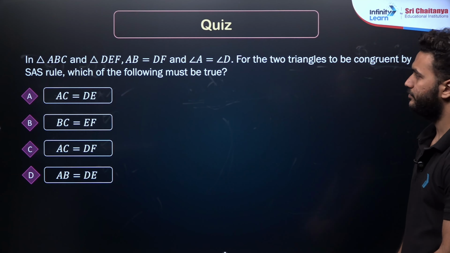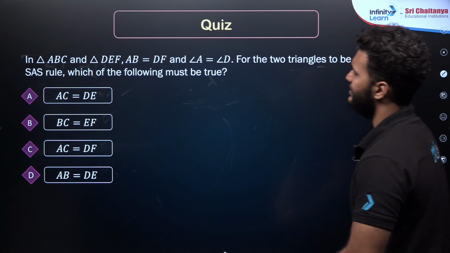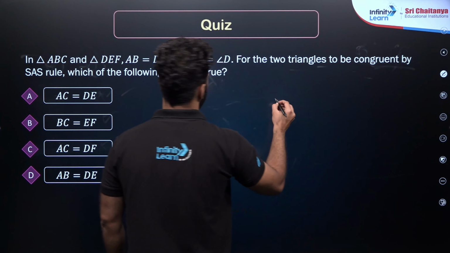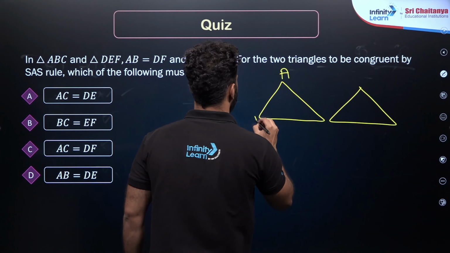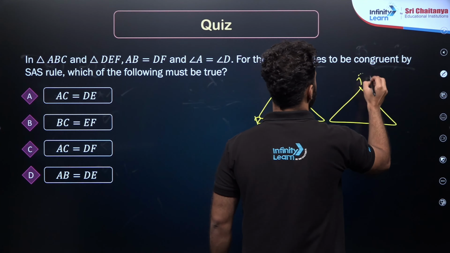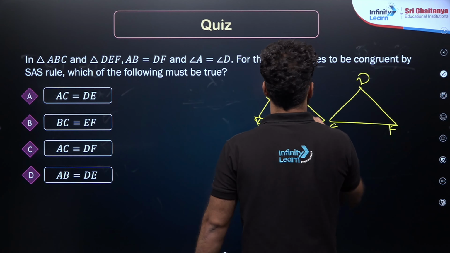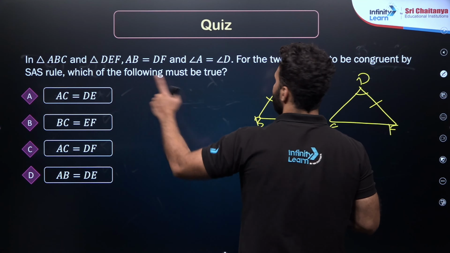Let's go for the next. In triangles ABC and DEF, AB is equal to DF. Angle A is equal to angle D. For the two triangles to be congruent by using SAS, which of the following must be true? See, I have a line A, B, C, and we have DEF. AB is equal to DF. Angle A is equal to angle D. Then by SAS,